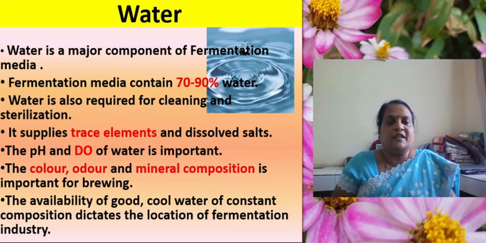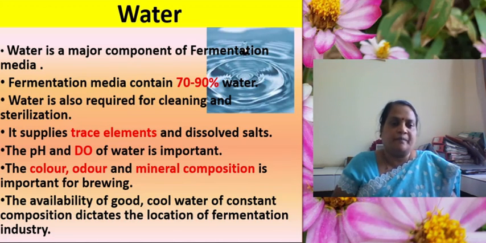The pH and dissolved oxygen of water is important. Whenever you choose a water source for the fermentation medium, you should check the water for its pH, for its dissolved oxygen content, for its color, odor and mineral composition. These 5 things are very critical for selecting the water source for the fermentation medium: pH, DO, color, odor and